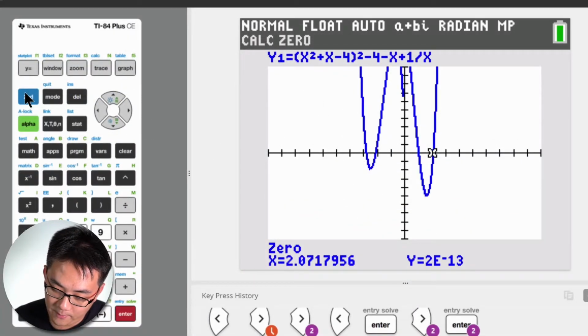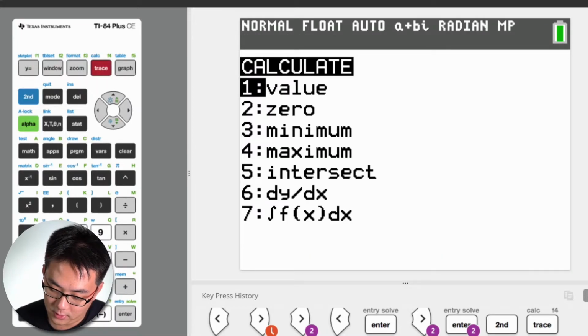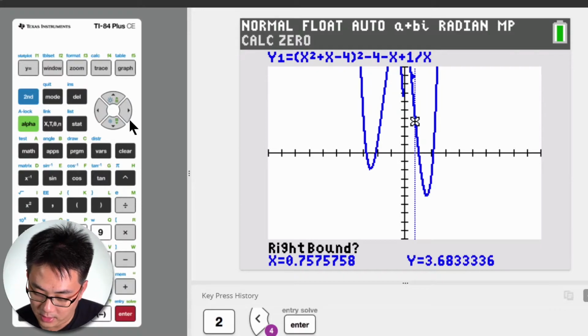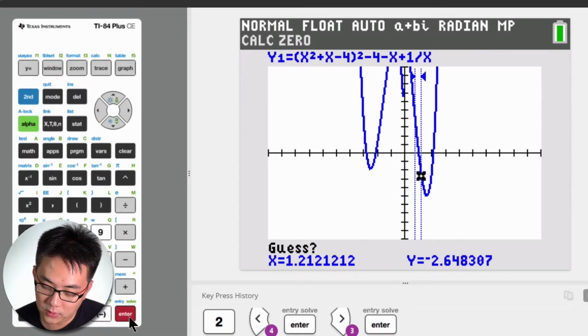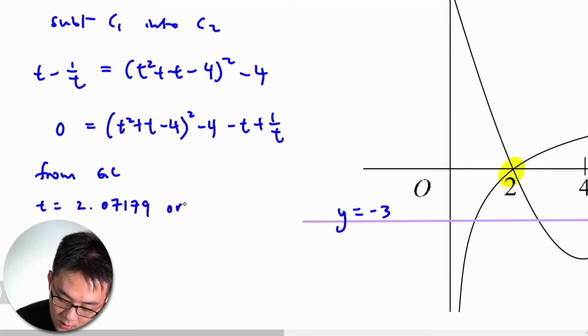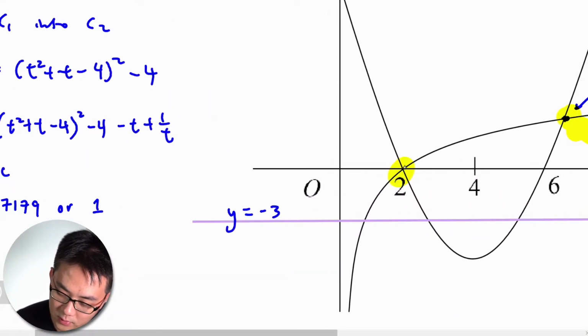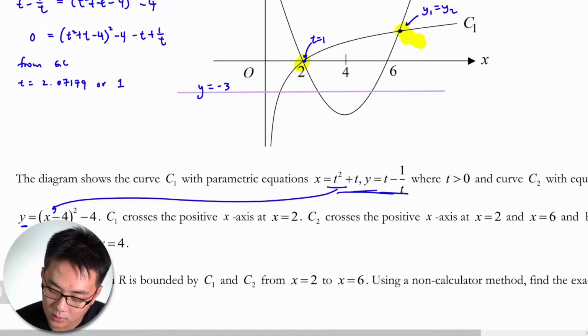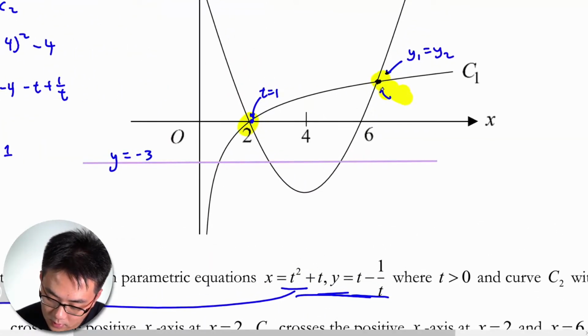So let me just calculate the 0. I'm just solving this from GC. A lot of students are going to expand, but no need to expand. This is 1 and 0, so this is t equals to 1. Obviously this is t equals to 1, because if you key t equals to 1 into the equation here, you get it. So this one is t equals to